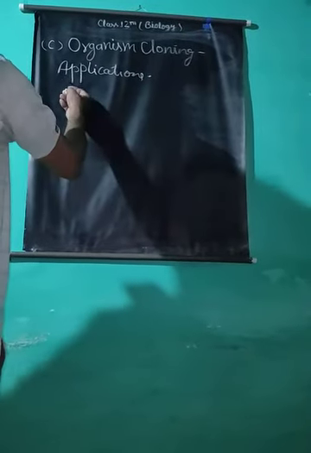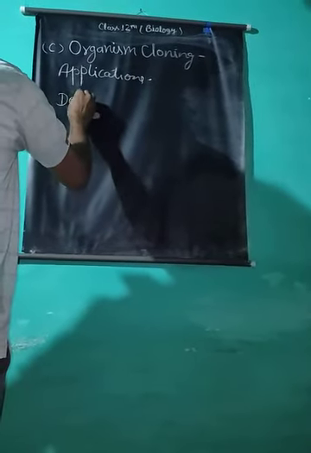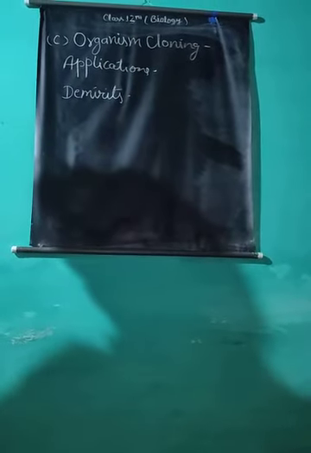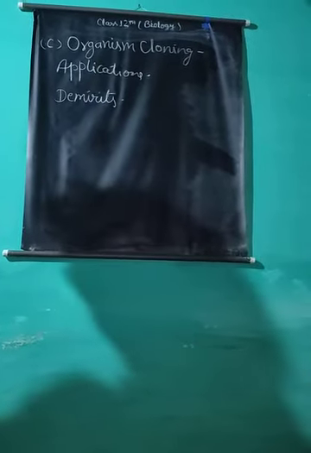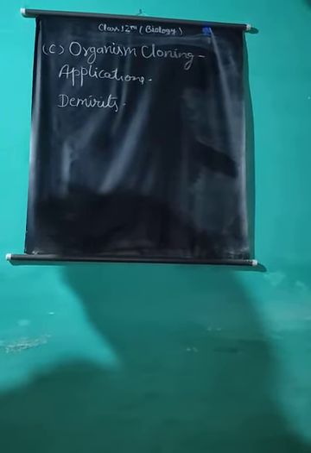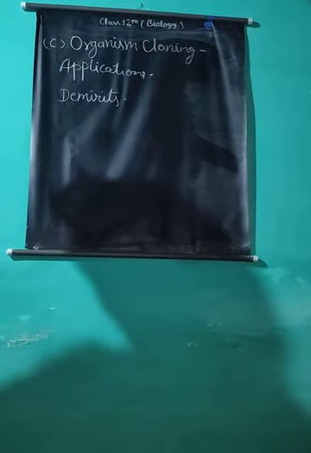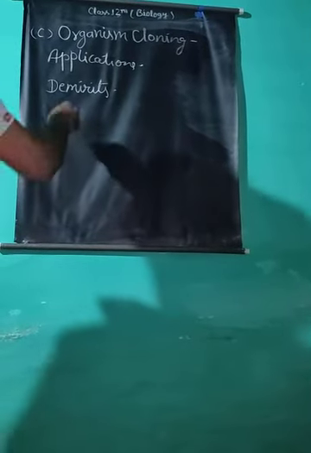Along with its merits or importance, some drawbacks or demerits of this technique are also there. It becomes difficult to decide parents. It may also produce organisms with unwanted characters. The strain of microbe may be misused, such as use of microbes as bioweapons. Like nowadays, coronavirus is also alleged to be used as a bioweapon.